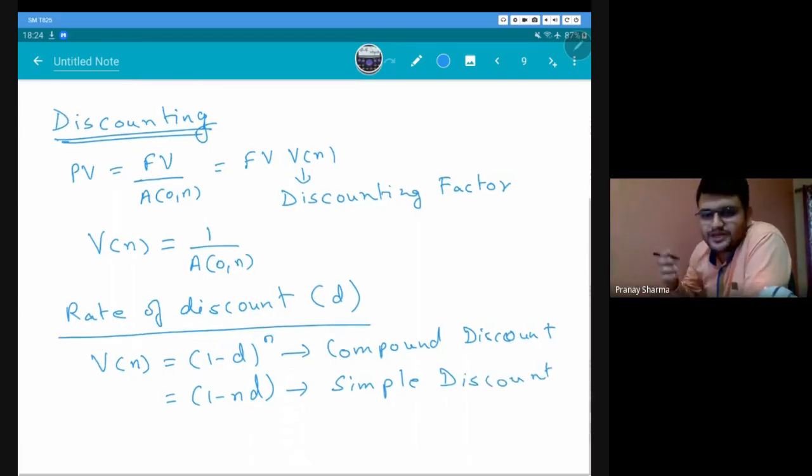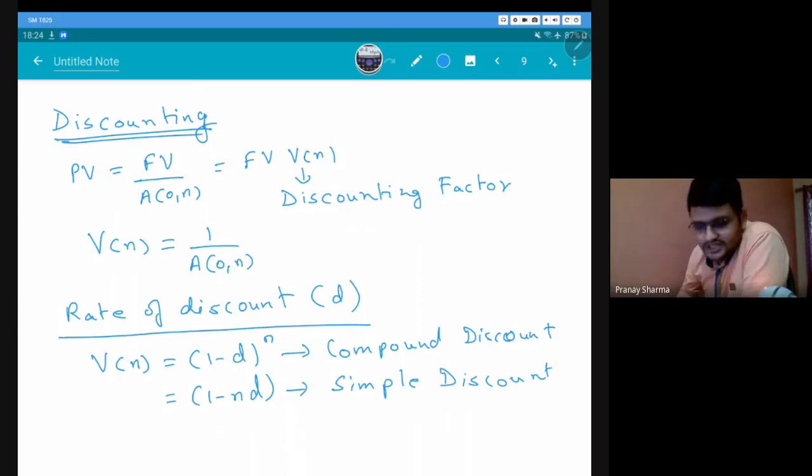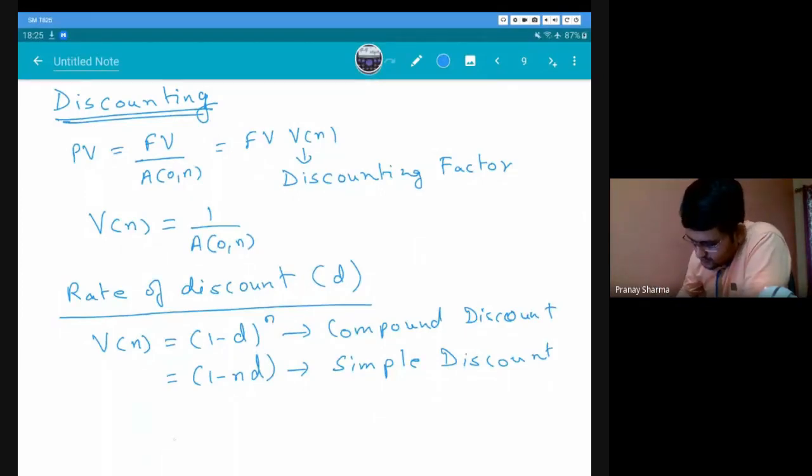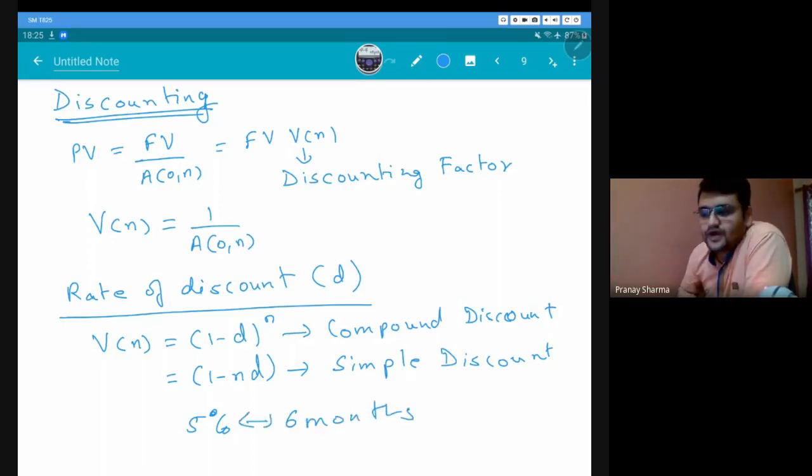Okay, I'll give you a basic example where this is used. Some bonds are where you invest money and after n number of years you get the money back. Let's say we are talking about some government bonds that go for 6 months only. What they do is they give you a rate of discount. So they will say it is a 6 months bond with a rate of discount of 5%. How much would you pay for how much money? They have just said two things: we have a 6 months bond at 5% rate of discount.